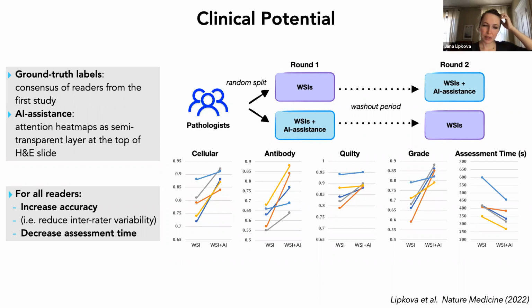So the motivation was we wanted to see if it improves the consensus between the pathologists. This is the way we measure it: since they all have higher accuracy, it means they agree more, all of them. So this would be a way of decreasing inter-rater variability. But you're really right. I didn't look at it, but it's a very good point.